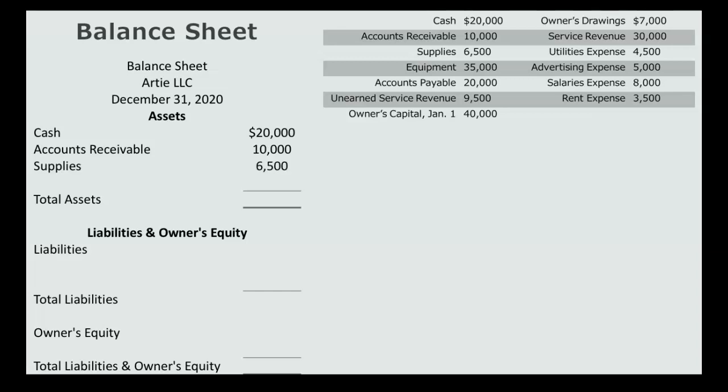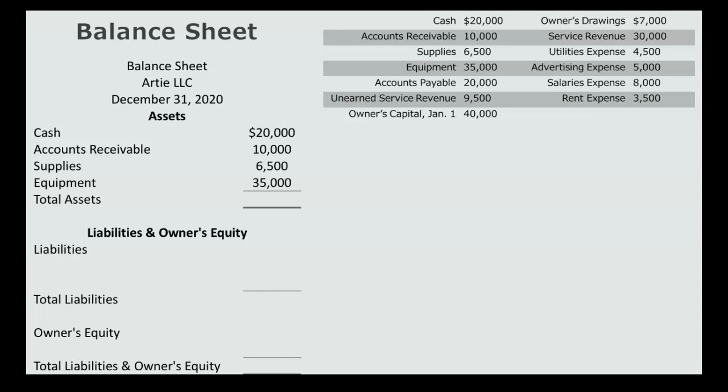So supplies is going to be listed next here in the order of liquidity, because we are going to be using up our supplies much quicker than we are the equipment. So we have our assets listed in order of liquidity. We have cash, accounts receivable, supplies, equipment. Then we need to find our total assets. So what we'll do is we'll add up those 4 balances,